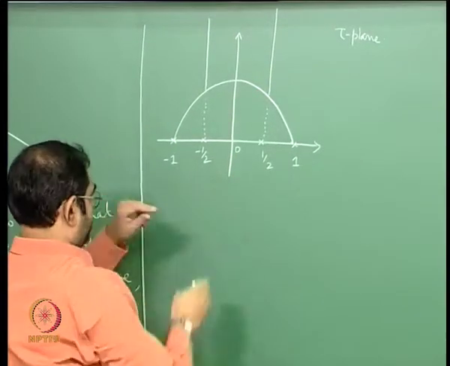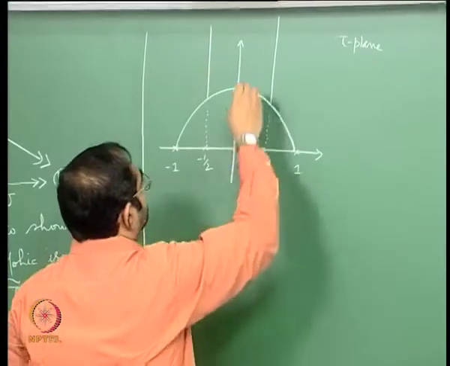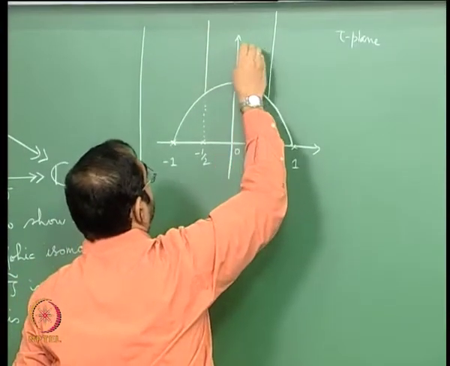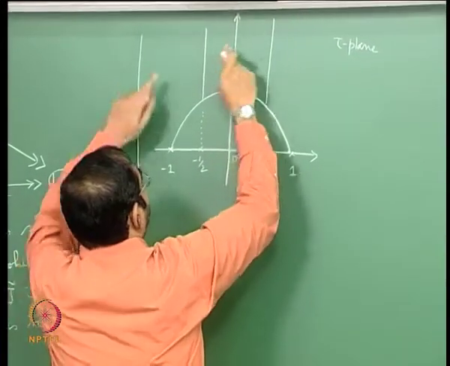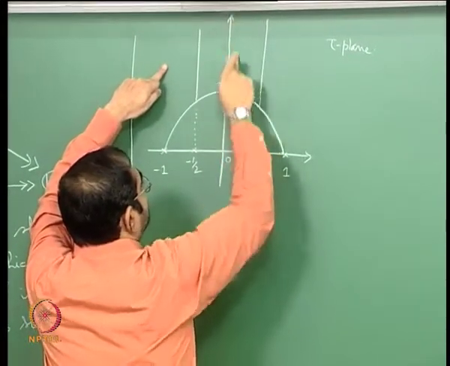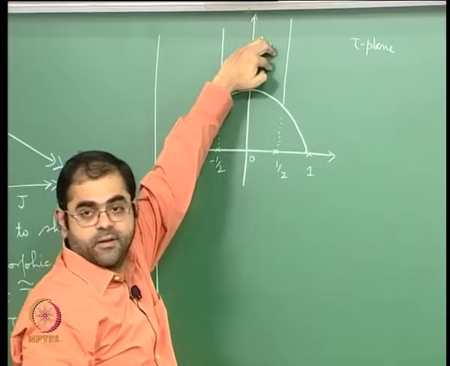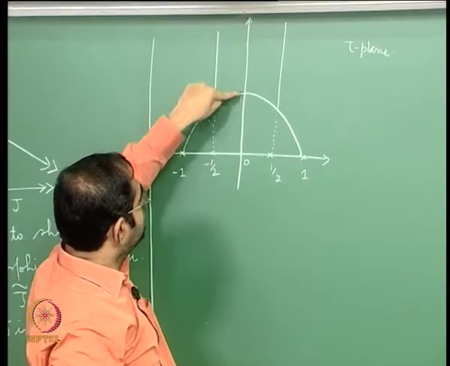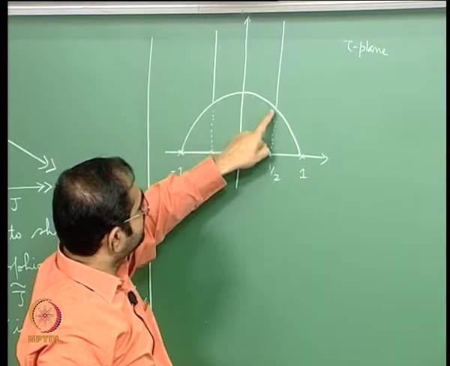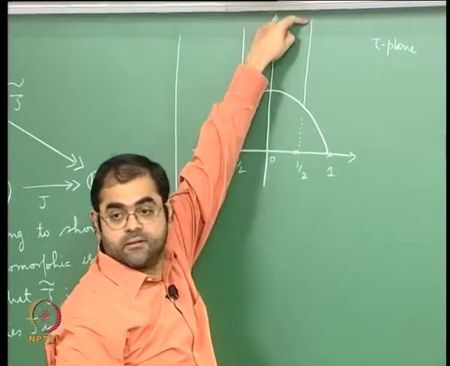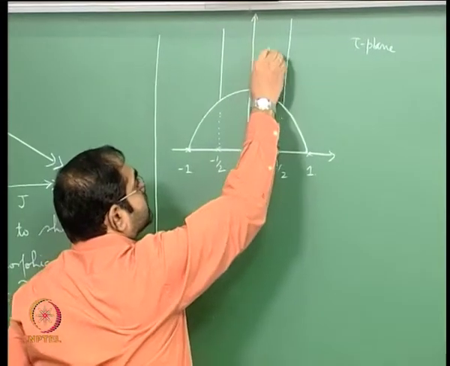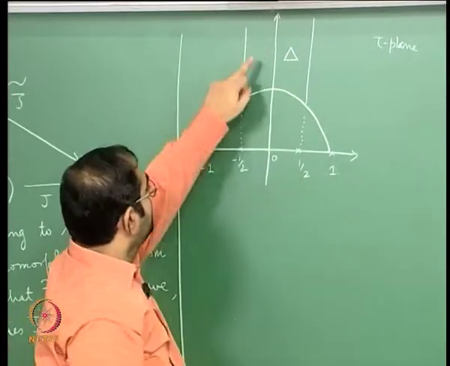We call this open set, which is bounded by this portion of the imaginary axis, this portion of the arc of the unit circle, and this vertical line, delta, okay,